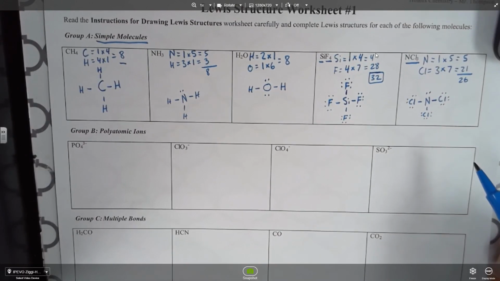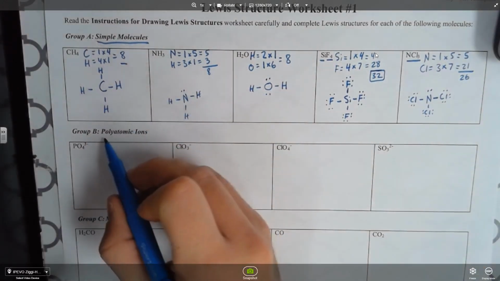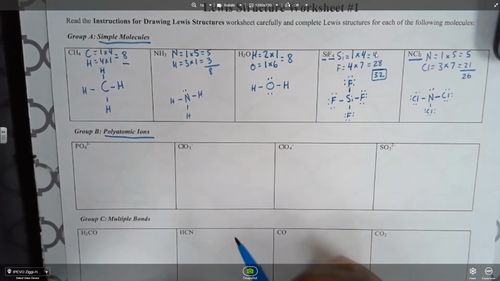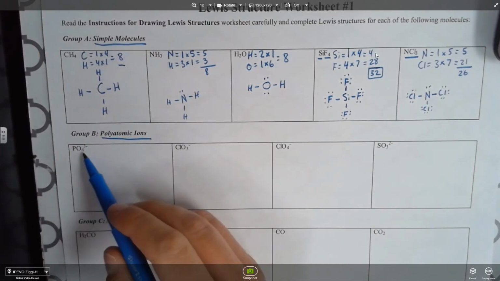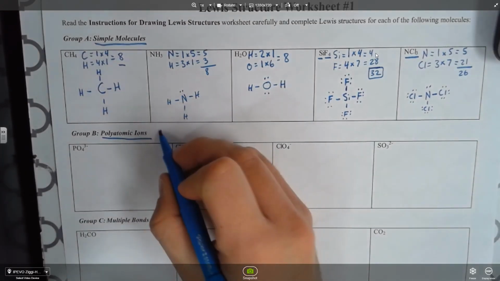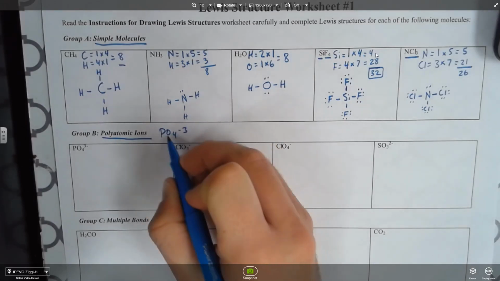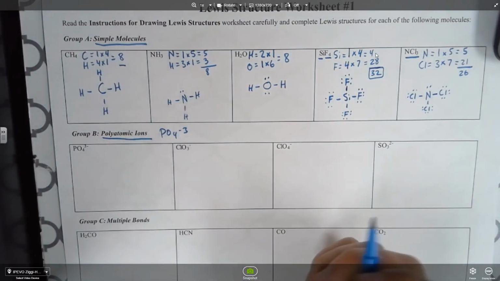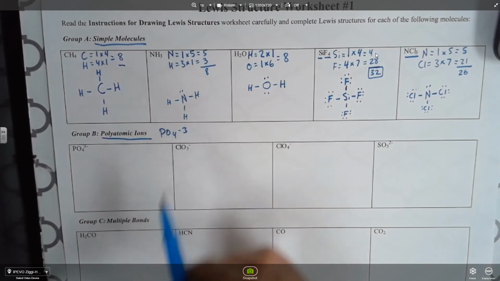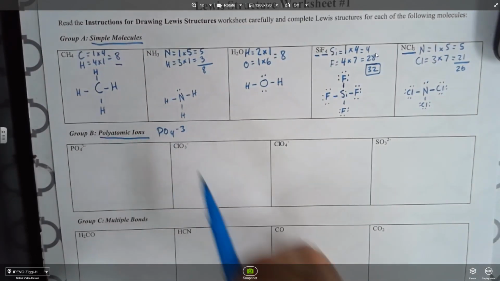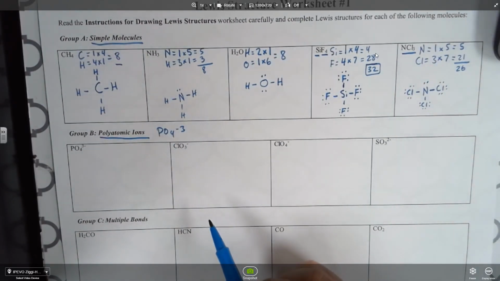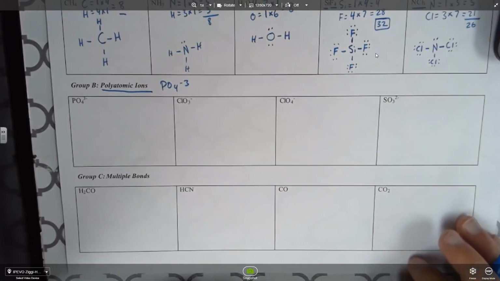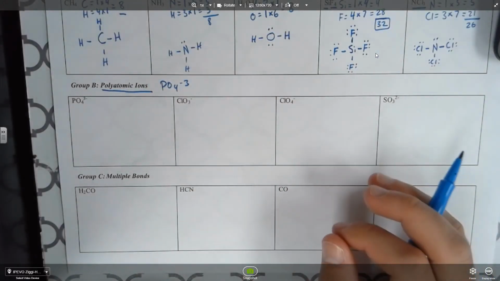And we only did neutral molecules. We're about to do polyatomic ions. Poly in anything means multiple. This means multiple atoms for these ions here, okay? As you can see, for PO4 negative 3, there's 5 total atoms. There's 2 different ones, phosphorus and oxygen, but there are 5 total if you add the 1 and the 4 here, okay? So we're probably not going to do all of these that you see here, just a couple, because